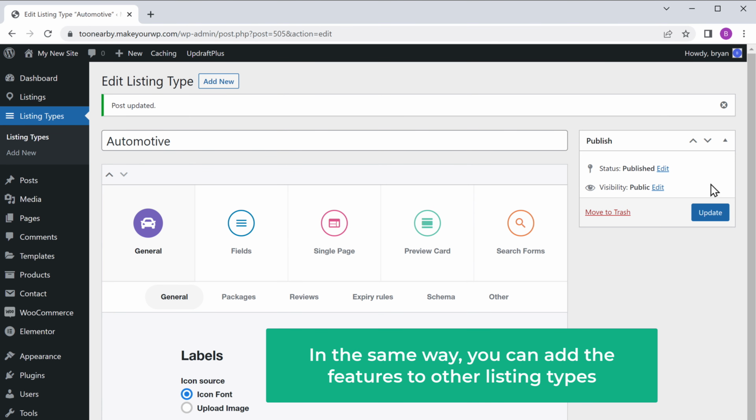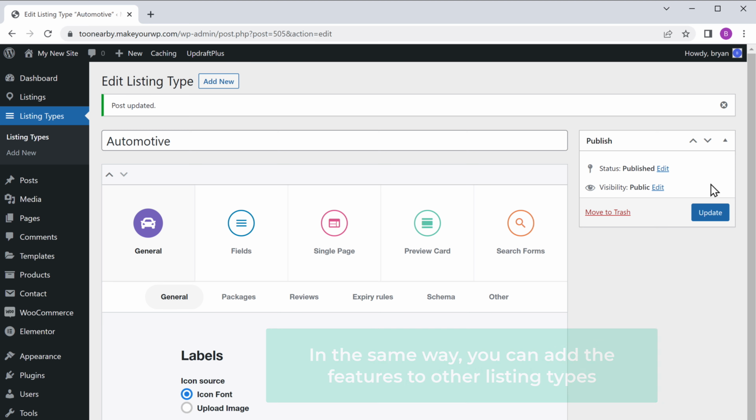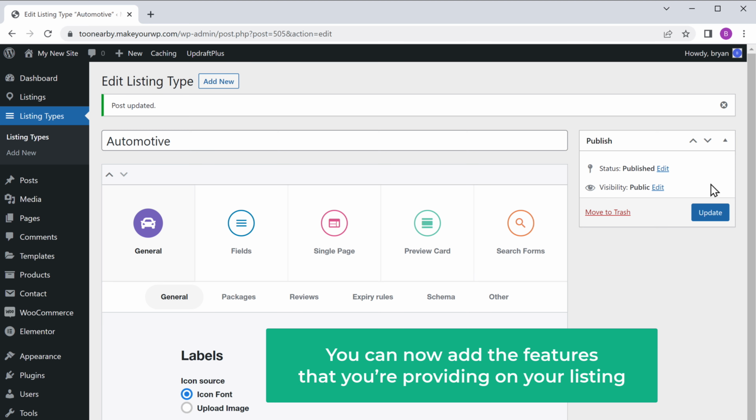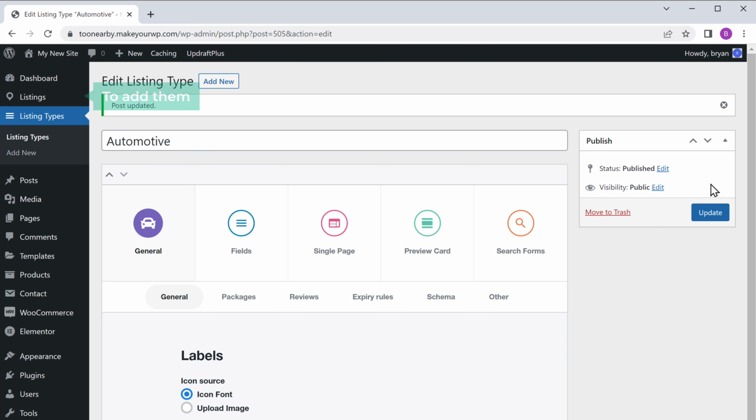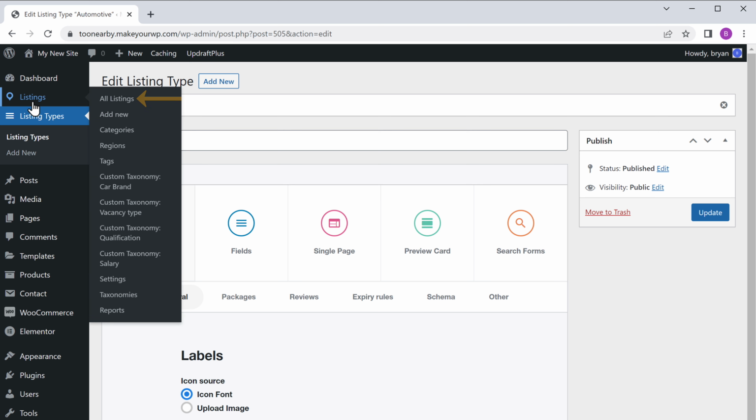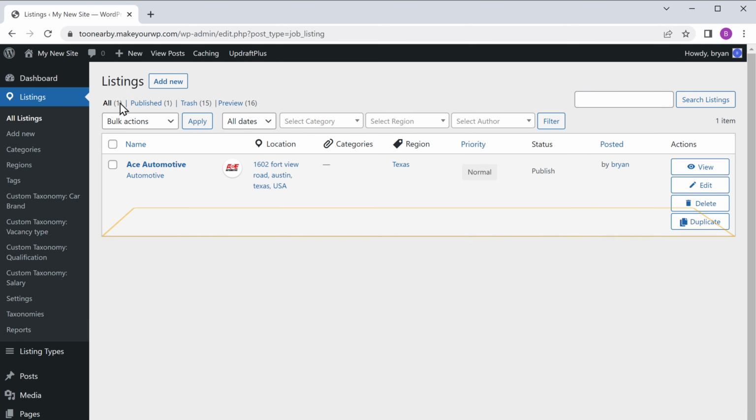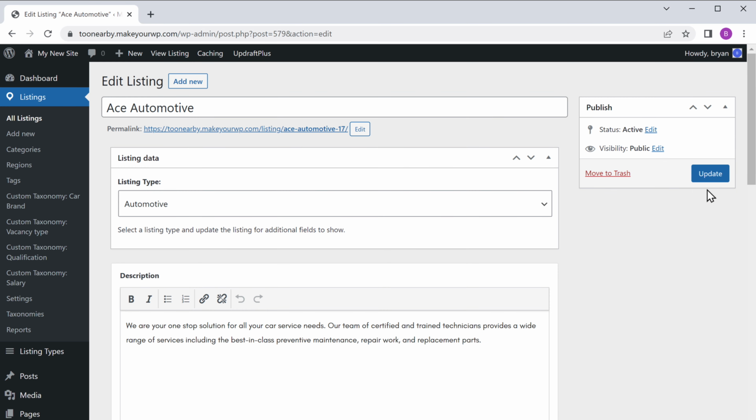And in the same way, you can add the features to other listing types. Once you're done, you can now add the features that you're providing on your listing. So to add them, just go to listings, select all listings, and you can see the listing which we created on our site. Now click edit, then scroll down,